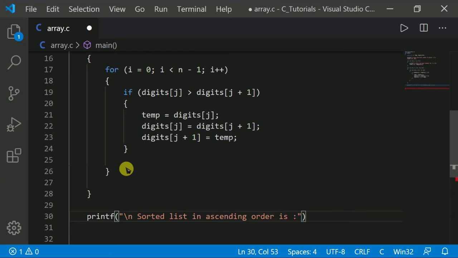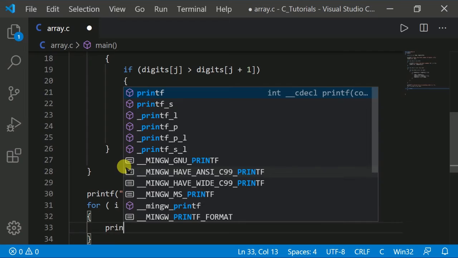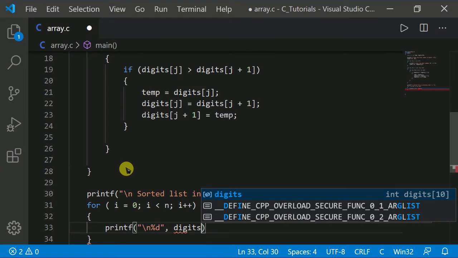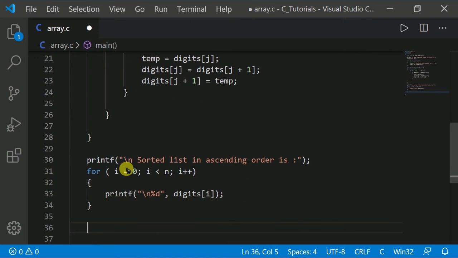After that we will start a loop again for i, less than n, and i plus plus. In this we will print a message with printf, \n %d, and we will print digits of i. Then return 0.